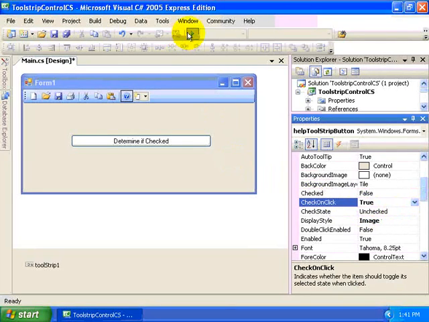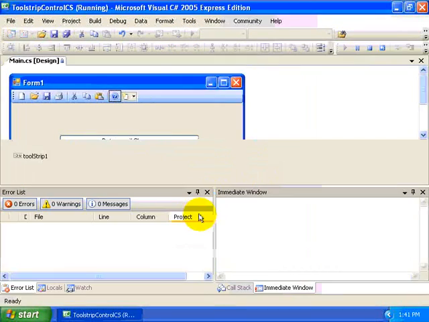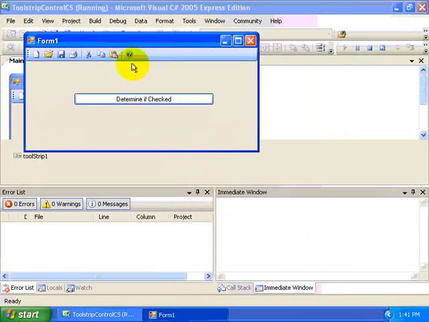Now let's run our application just to demonstrate what it means to be unchecked. And I clicked it once, and now it is checked. You can see that it's highlighted, and we'll turn it off and turn it on. So this would be useful in those instances where some different operation needs to be performed on the rest of your application based on whether or not an option is on or off. And we can check on the current state of a given button